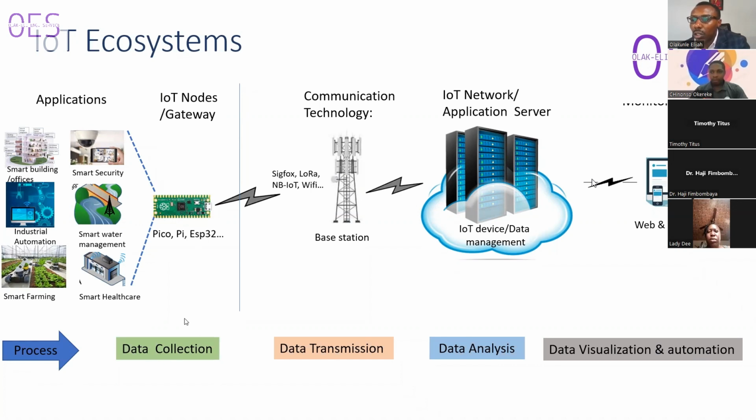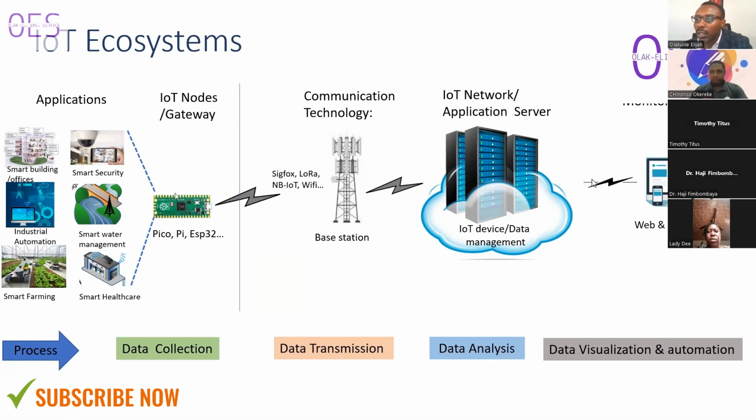So first, you need to talk about data collection. You need to develop the IoT node, what they call a node. Some people call it an IoT device. In this case, we're using the Raspberry Pi Pico. It could be any IoT device, there are a lot of them out there. That is used for data collection. You need to make sure you develop the firmware that helps you to operate the IoT device. So the device has to be connected with sensors, whatever sensor you intend to use for your IoT application, the temperature humidity sensor, like our example